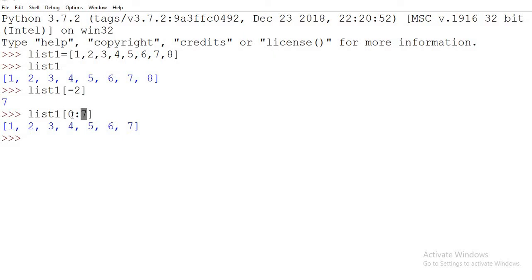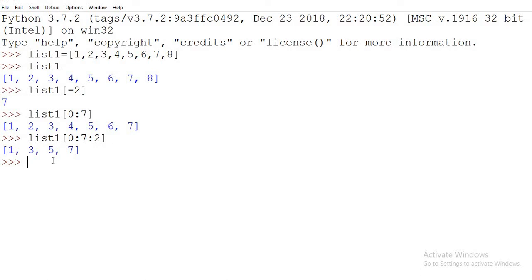It will start from 0 and up to the 6th index it will print everything. Now if you want to give the step size, let me give the step size as 2. So it will jump a letter and print 1, 3, 5 and 7.